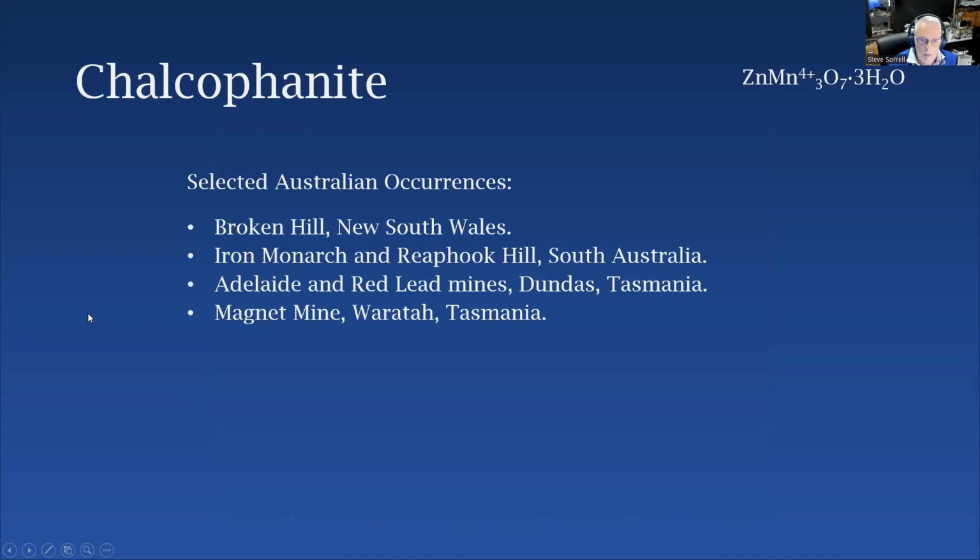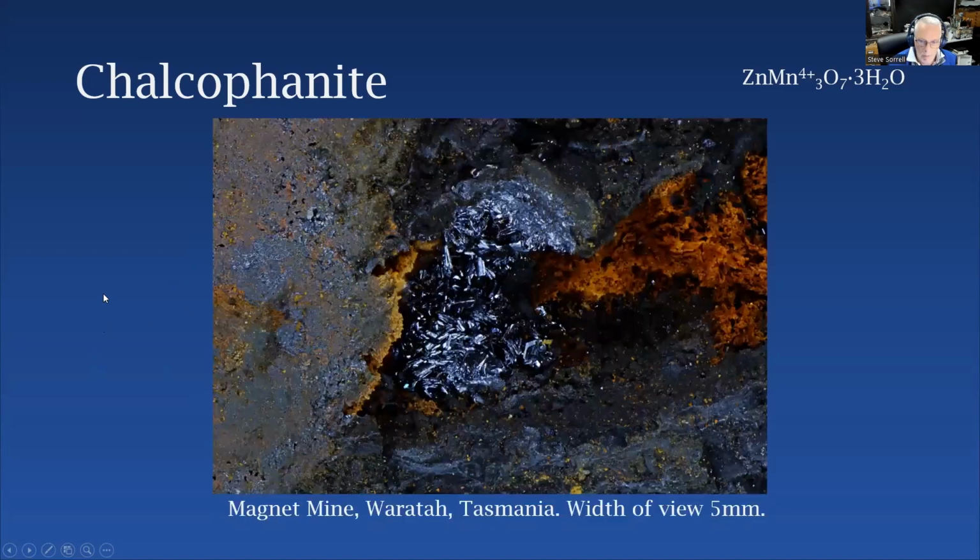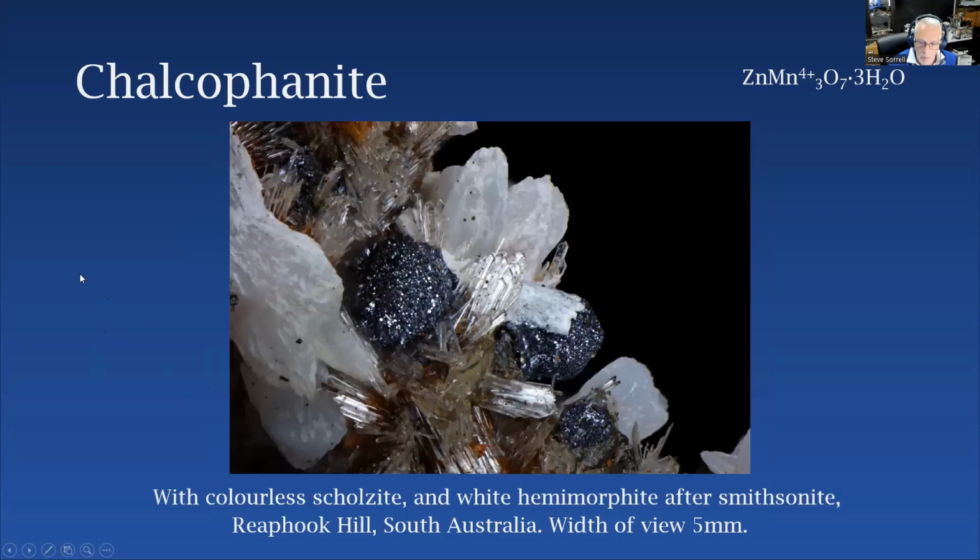Chalcophanite is a zinc manganese oxide that occurs mostly at Reepok Hill. That and the Dundas mines are the areas where it occurs mostly. And it's like little plates, very similar to hematite in its look. It's a Magnet mine. This is one with colorless chalcophanite, which is the mineral here. And the white minerals, these ones, are hemimorphite after smithsonite. It's quite an unusual